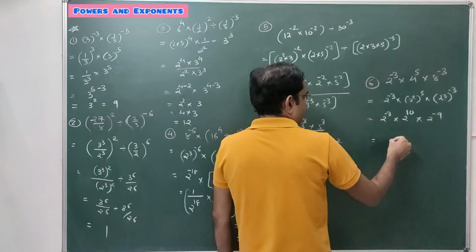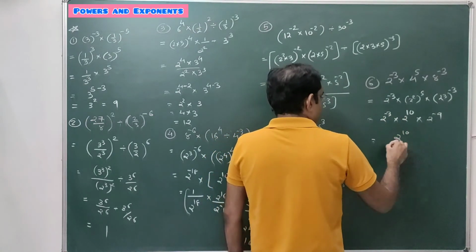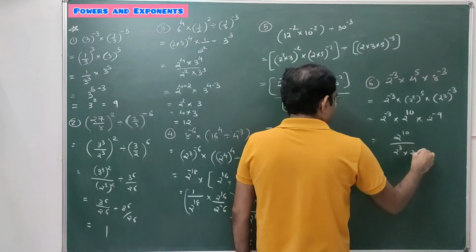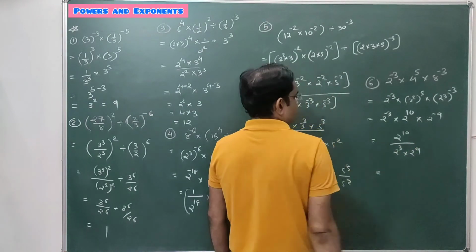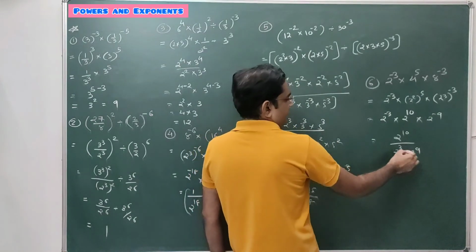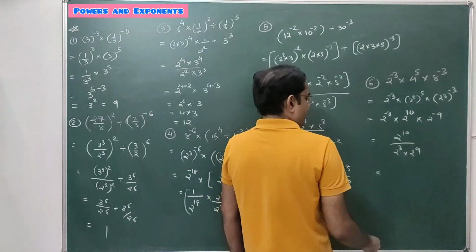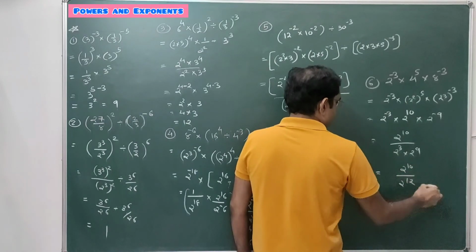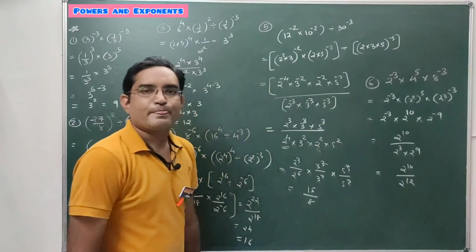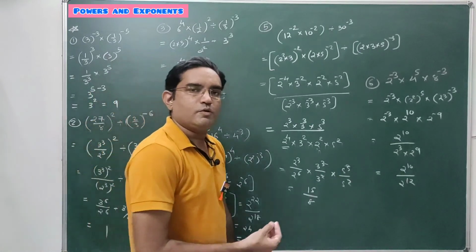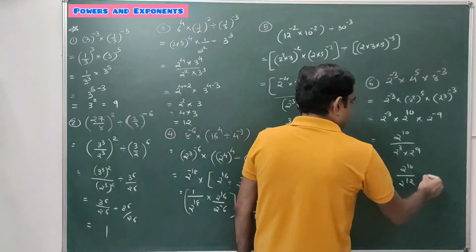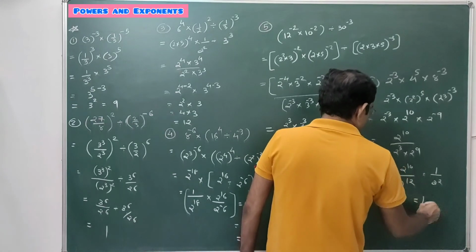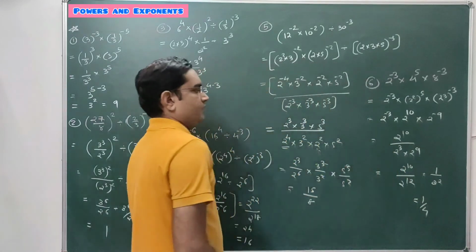Now take this negative power into division. So it's 2 raised to 10 upon 2 cube into 2 raised to 9. So again these two powers are in multiplication with the same base. Perform the addition of these two powers. Very good students. It's 2 raised to 12, है ना. अभी तो आ जाएगा सब. 2 raised to 10 upon 2 raised to 12. सब्ट्रैक्शन करना है, division में करना है. It's 1 upon 2 square which is equal to 1 by 4 is the answer.